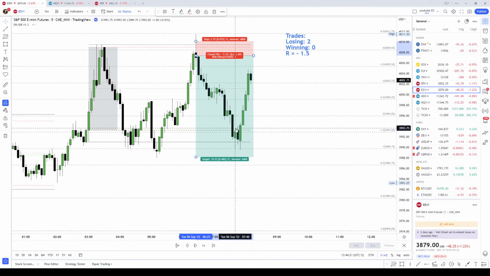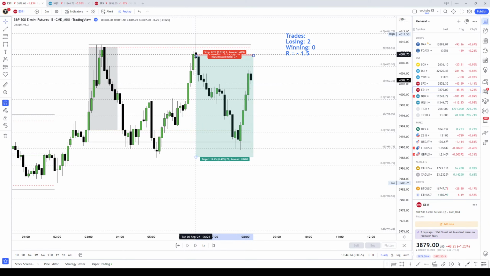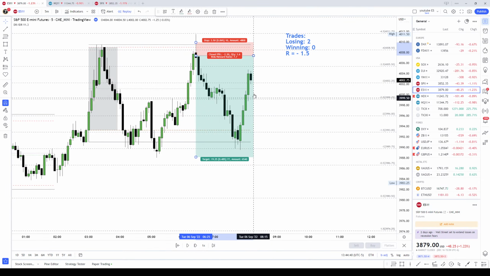So this is not a nice setup, but as I'm in a trade, there is nothing I can do. So I don't reduce my stop. Like I said, you can go on BE for this one. I would be on BE, but there is nothing more to reduce because at the end of the day,